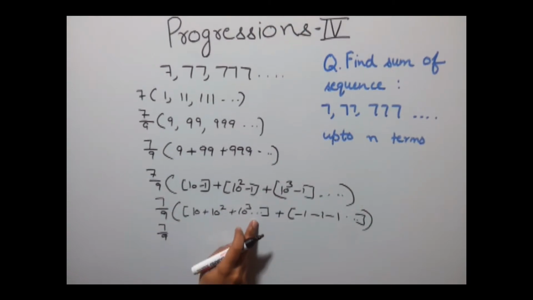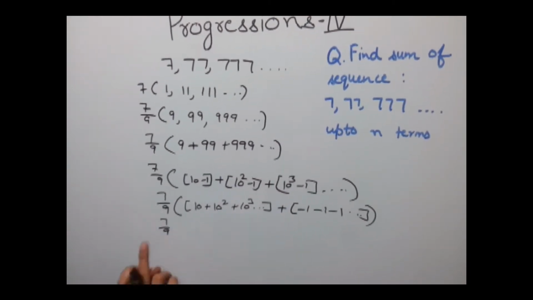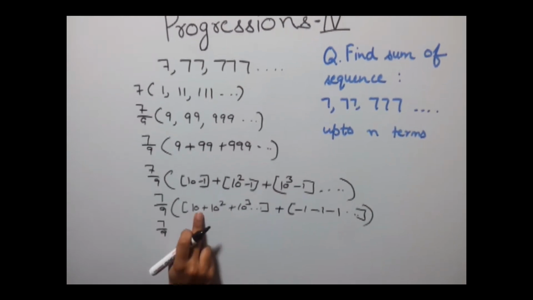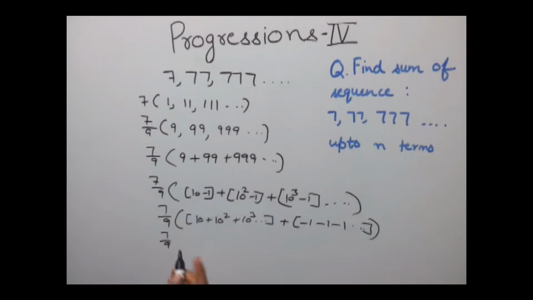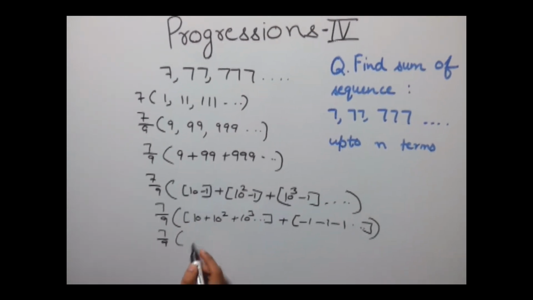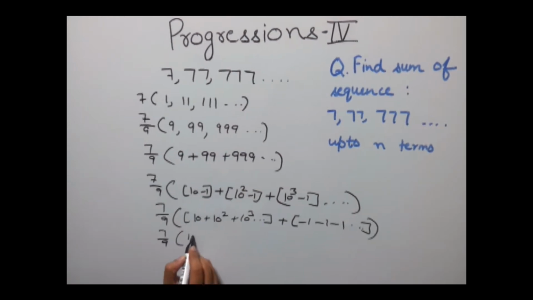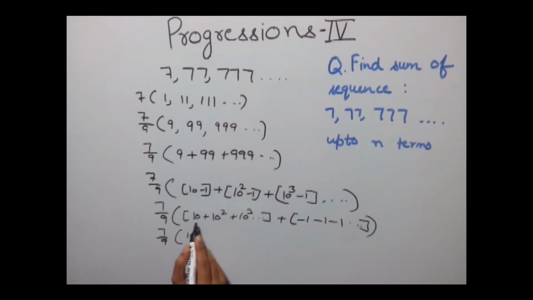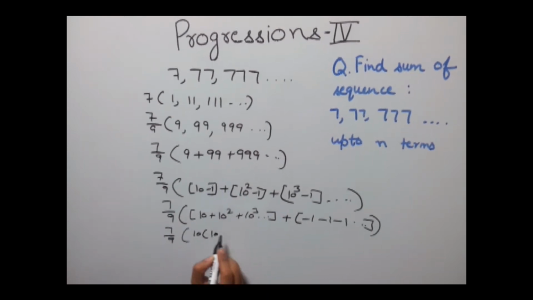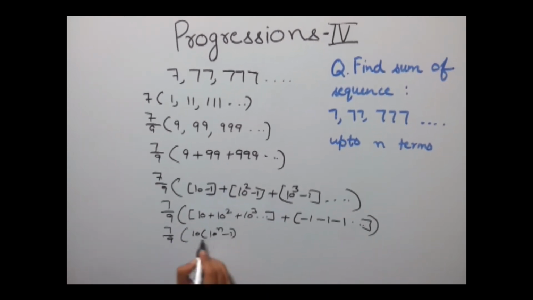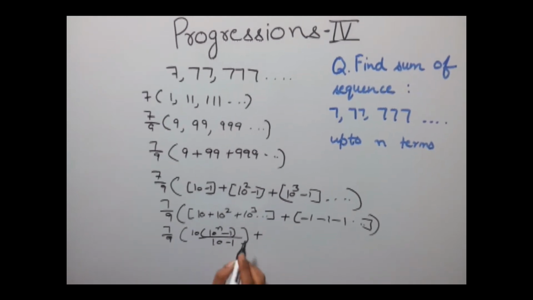Now this forms our GP, that is 10 plus 10 squared plus 10 cubed, and the ratio of these terms is 10. So using our formula to sum up the GP series, which is a into r to the power n minus 1 upon r minus 1, a is 10 here and r is also 10, giving 10 into 10 to the power n minus 1 upon 10 minus 1, plus